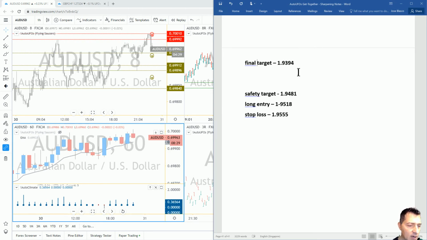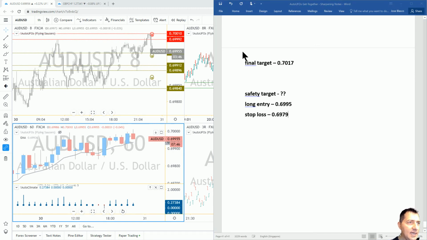So it will look like that. Okay, so the final target, we said before, is going to be 0.7017, and because we sell to the bid, we don't need to make any change to that price, so we just leave it as 0.7017, which is what we read on the chart. The safety target, I need to calculate that, so I'll come back to that in a minute. For the entry, we said I'm going to use 0.6985. That's going to be the entry. The stop, we said, is going to be 0.6984. That's our reference. And from there, we need to add 5 additional pips for the wiggle room. So that's going to be 79.